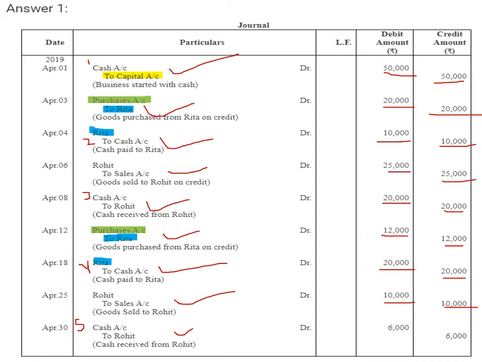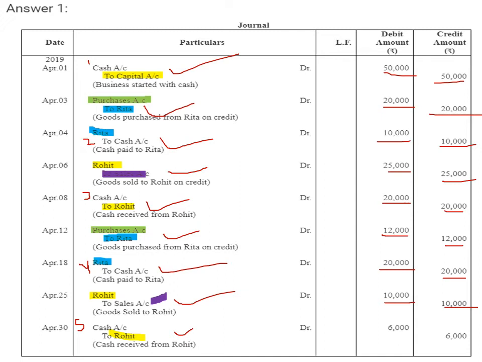Then after that, we'll be recording sales. Here it is sales. Then again, this one sales. And then the last one is Rohit. We have on April 6th Rohit, April 8th Rohit, then Rohit, and then Rohit. These are the entries to be recorded in different ledgers.